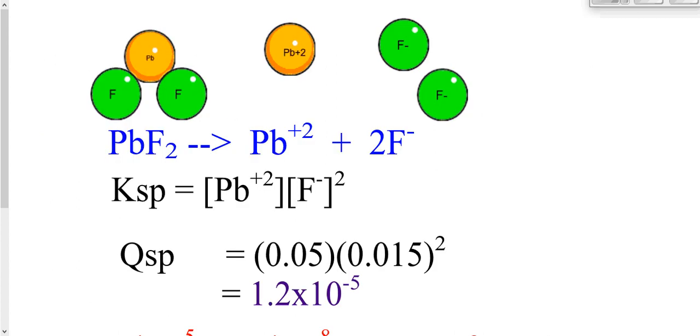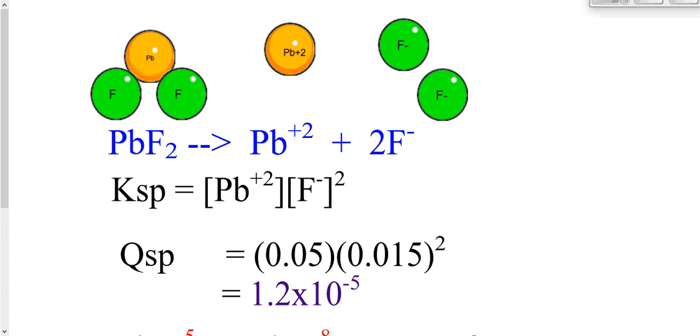To determine if lead fluoride will precipitate, I need to find the concentration of lead and the concentration of fluoride ion in the solution and compare it to the KSP. Remember, the KSP is an equilibrium constant. It will let us know whether or not we're at that maximum amount of lead fluoride that the water can